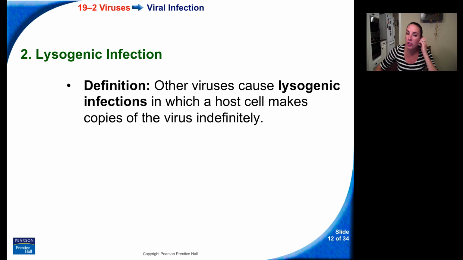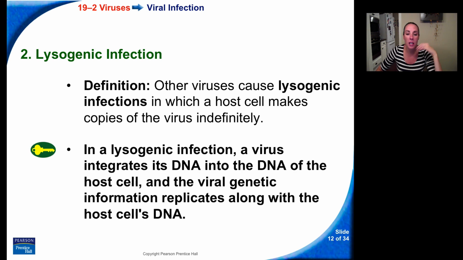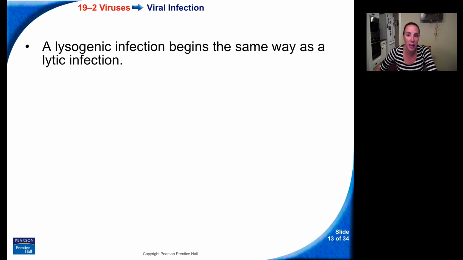Lysogenic infections. So other viruses cause lysogenic infections in which a host cell makes copies of the virus indefinitely. So in this case, it can just keep pumping out more and more viruses. In this type of infection, a virus integrates its DNA into the DNA of the host cell, and the viral genetic information replicates along with the host's DNA. So it inserts its own DNA into the DNA of the host cell,